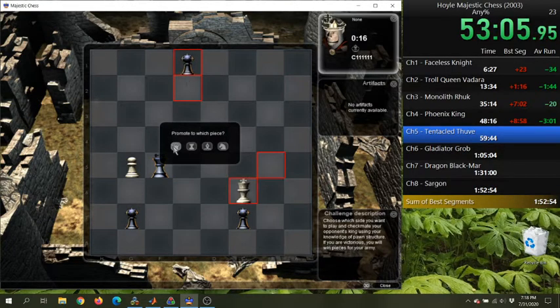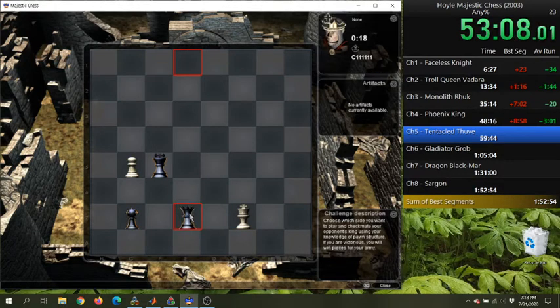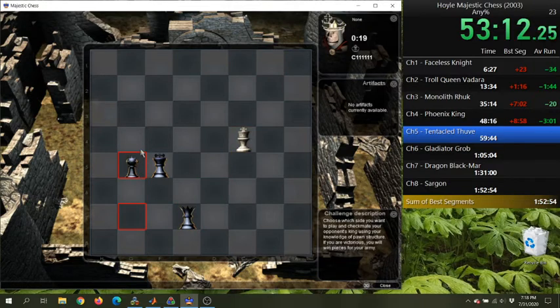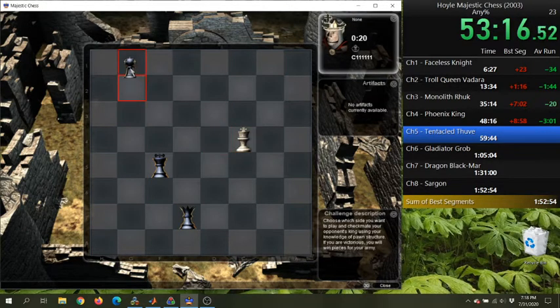King is too far away. I think it's probably faster in terms of number of moves to go for this.